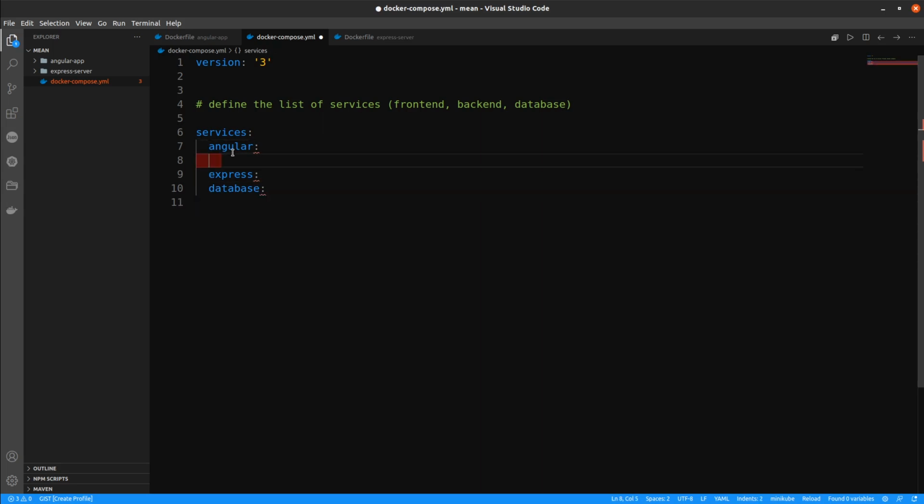For the first, we need to specify the host name because we need to access this container, or this front-end application, from my localhost. So the host name is localhost. We have 2 ways to create a container or a service. The first is from a Dockerfile, and the second is to download an image from a Docker registry like Docker Hub. So here, build is for